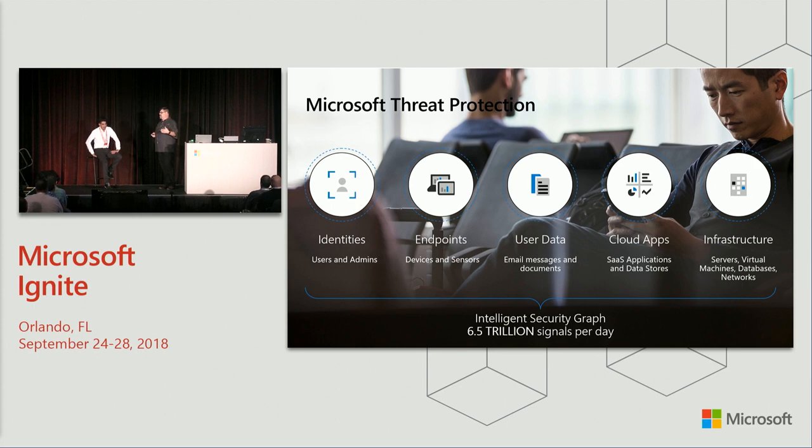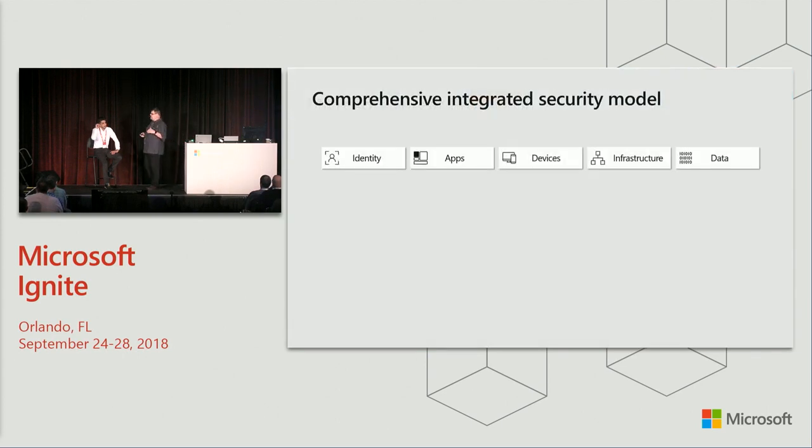In the identity space, AADIP was born out of the same kind of model, which is that for our identity administrators, we need to be the very best at detecting threats, and then we need to make sure that they're available to you to work through, right? When we look at this, this kind of model of these 5 pillar resources that we're worried about,